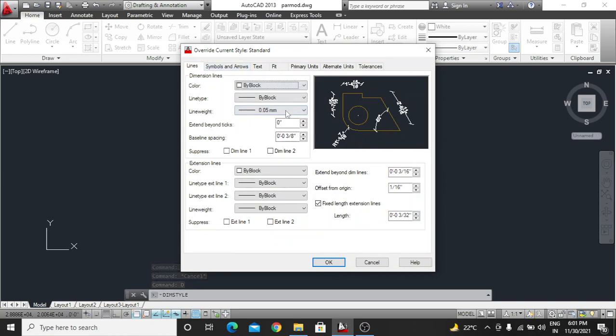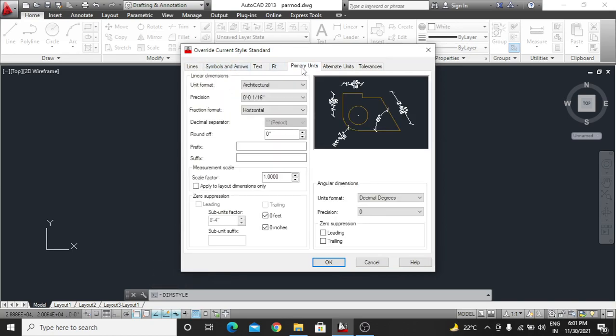There you can check units, architectural, and that should be the same in both places. If there is a mismatch and you enter some value in feet, then it will show in the dimension in meters. So that is the main problem.